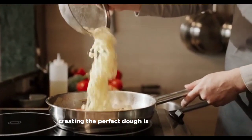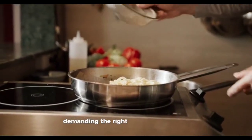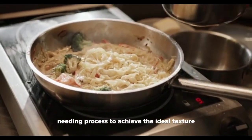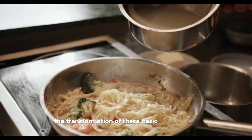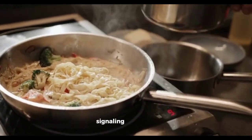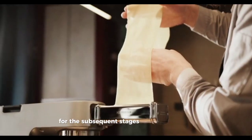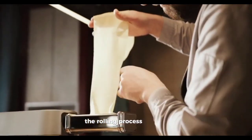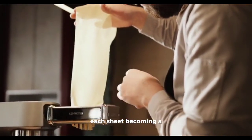Creating the perfect dough is an art in itself, demanding the right ratio of ingredients and a patient kneading process to achieve the ideal texture. The transformation of these basic components into a silky, elastic dough is a sensory pleasure, signaling readiness for the subsequent stages of pasta creation. Once the dough is prepared, the rolling process unfolds, each sheet becoming a canvas for a